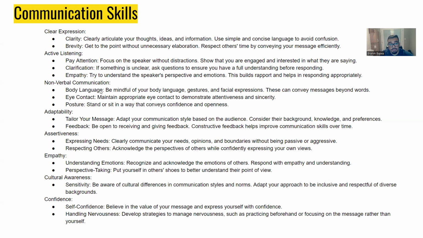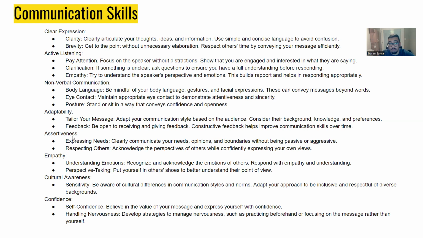Nonverbal communication: gestures, eye contact, posture. Remain in a strong posture position with your eyes locked with the individual you're talking to. You don't want to be fidgeting or moving around and portraying that you're not paying attention. You want the individual to feel like you are paying attention. Adaptability: if the individual feels a type of way about what you're explaining, you need to be able to shift to become compassionate in some situations and firmer in other situations.